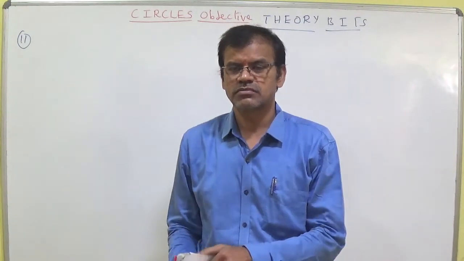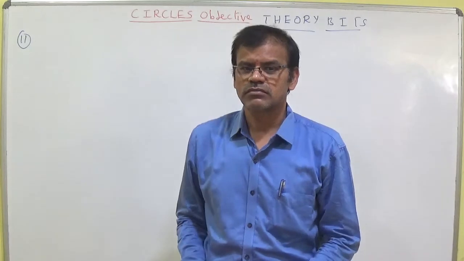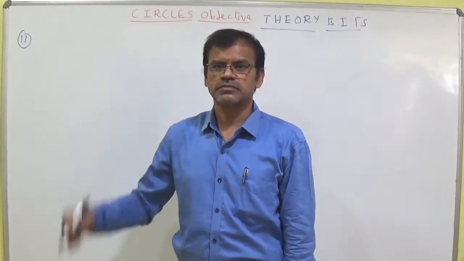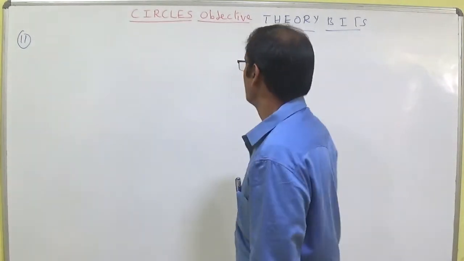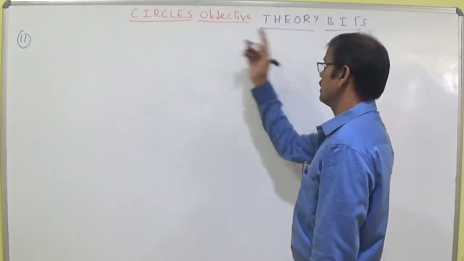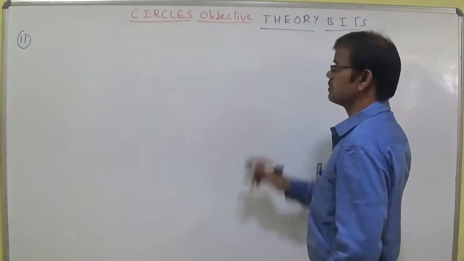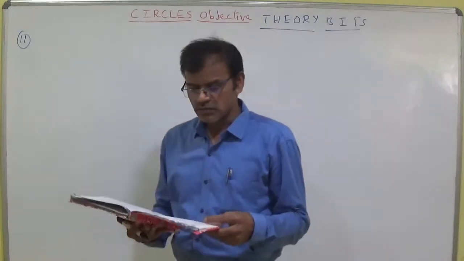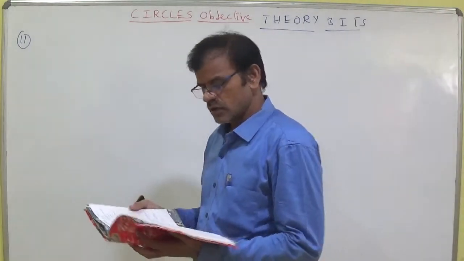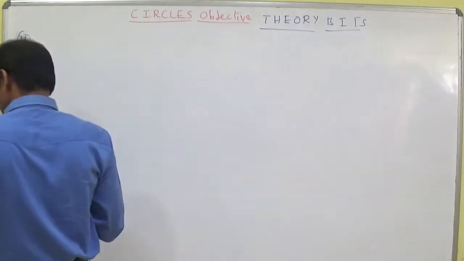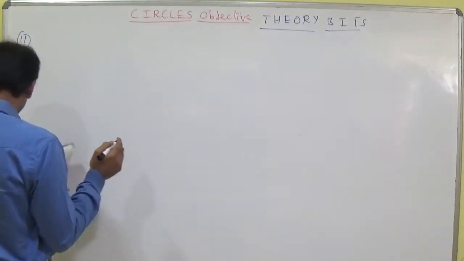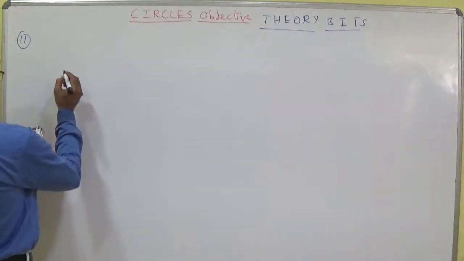Dear students, now we are handling the circles objective. Among the objective material, we are going to discuss theory bits. Yesterday, 10 bits we have completed. Now let us discuss the 11th one: the locus of middle points of the chords of a circle subtending angle alpha